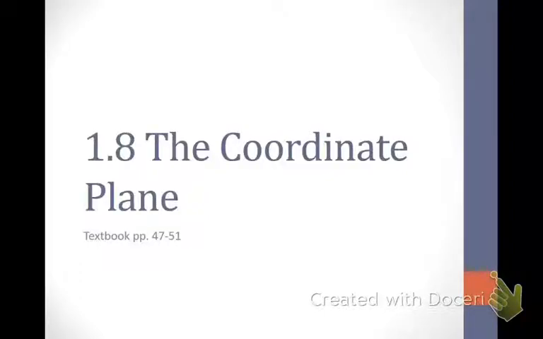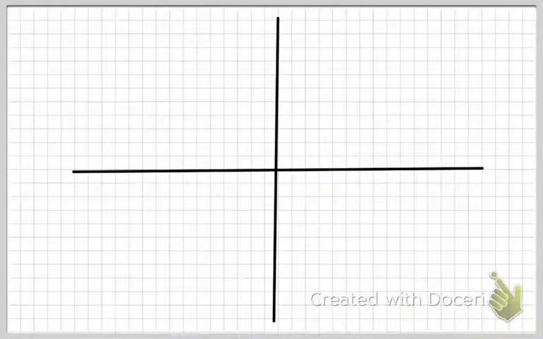In section 1.8, the coordinate plane. Today we're going to be working in graph paper to learn the basics of the coordinate plane and how we plot points. We start by drawing one line down and one line across. Okay, so we've already folded our papers into 4 sections and we've drawn our lines, and now we're going to